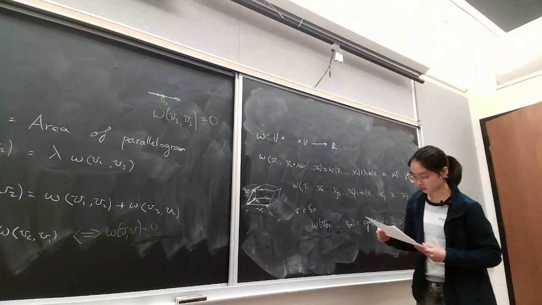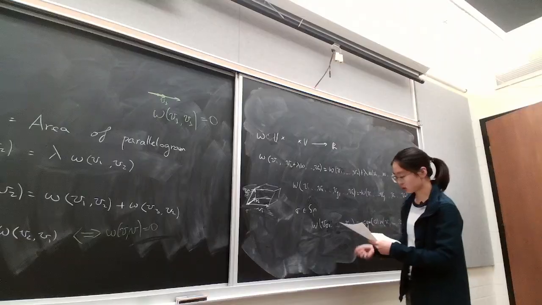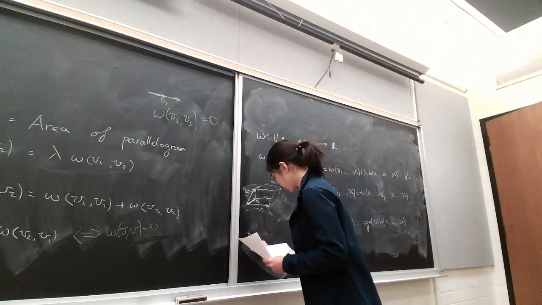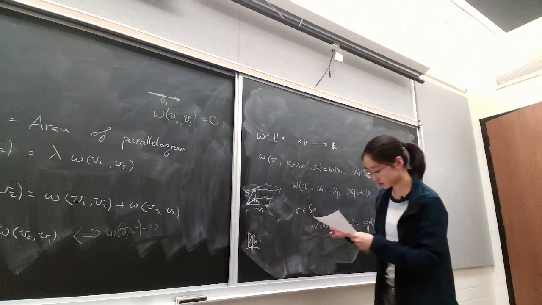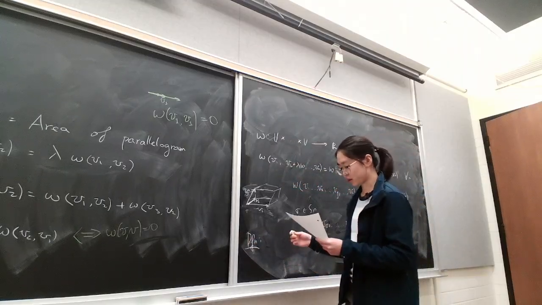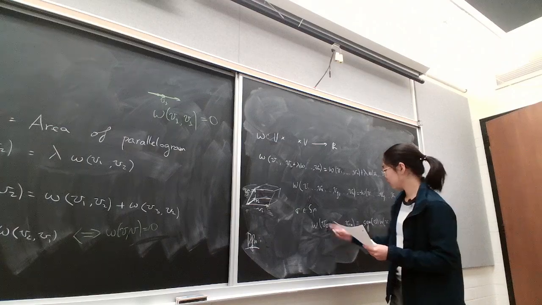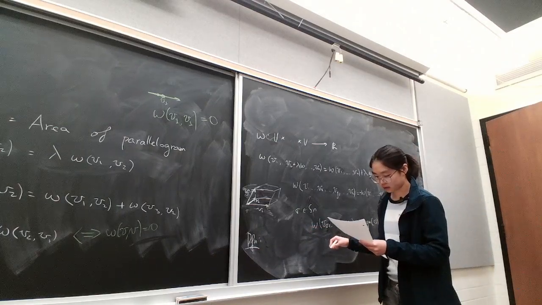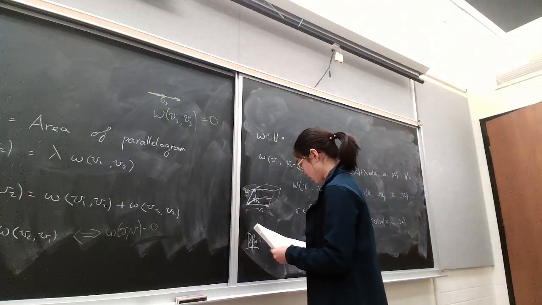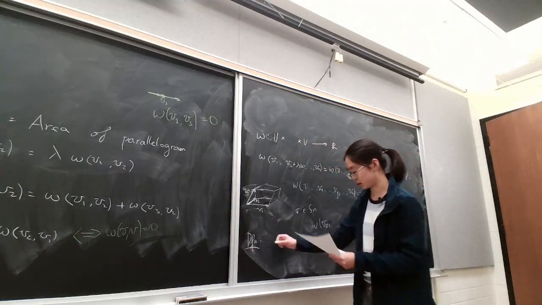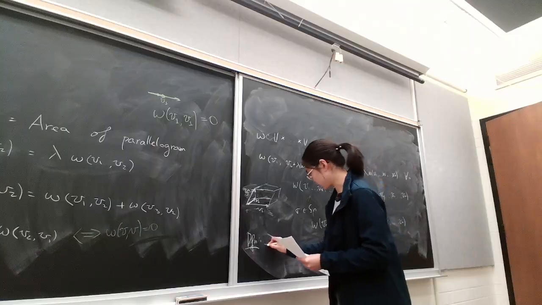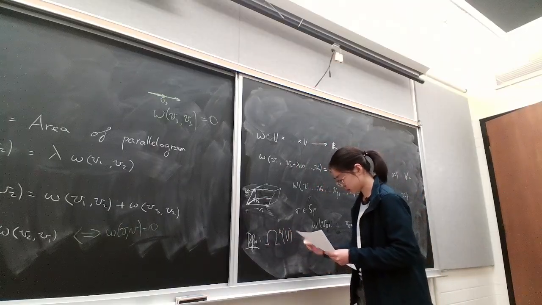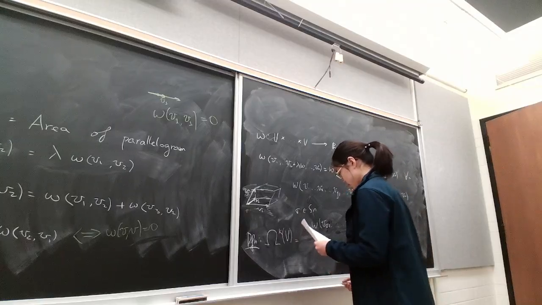And then let's make a definition. Let's define the space of all, so this is called an n form. Let's define the space of all k forms on a vector space V. So given a vector space V, omega k V, this is equal to